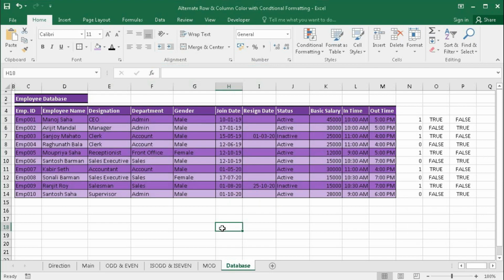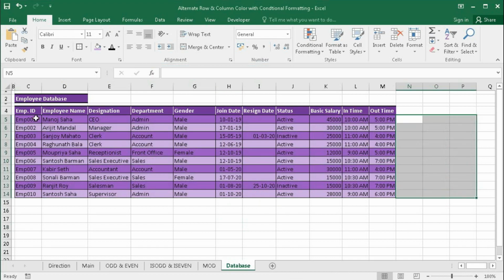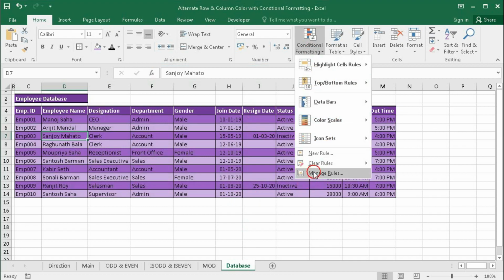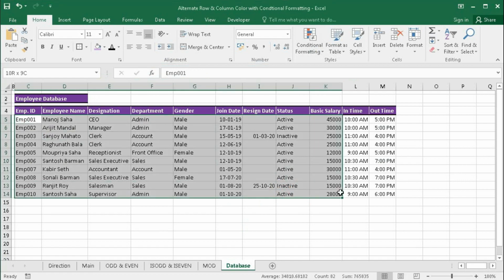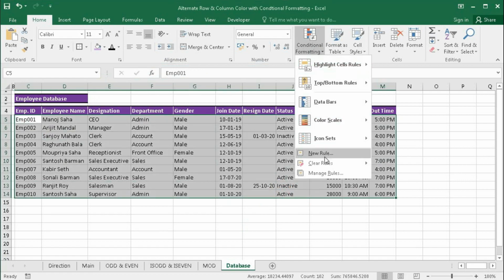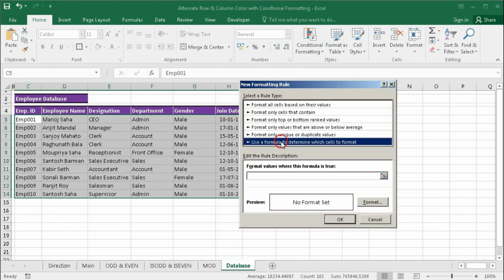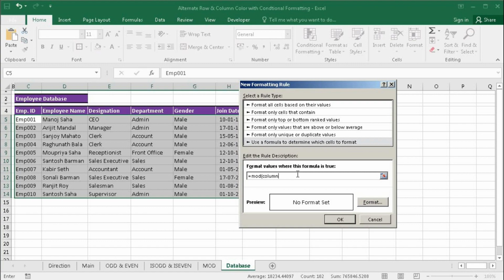Now we will do alternate column color. So delete the conditional formatting for alternate row. Now select the database, go to new rule, use this one, then equal to MOD, bracket open, then our number will be COLUMN instead of ROW, comma, divisor will be 2, bracket close.